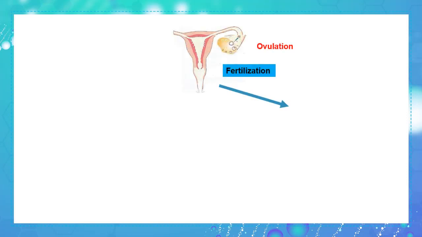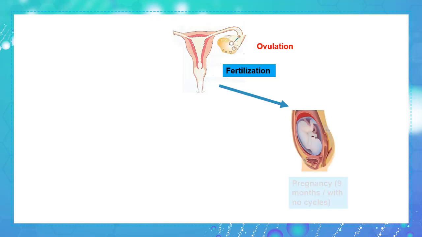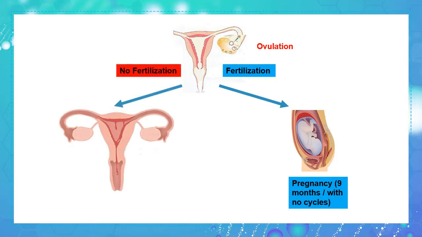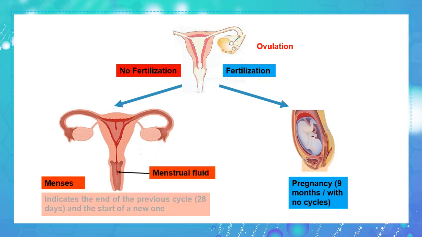Back in chapter 1, you studied about the female reproductive system. You learned about the events that follow ovulation in a female. You now know that if ovulation is followed by fertilization, the embryo formed is implanted in the uterus where it develops for 9 months. Whereas if ovulation is not followed by fertilization, menses occurs, which refers to the blood discharged from the uterus of the female.